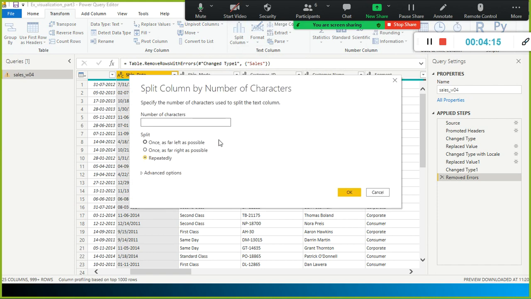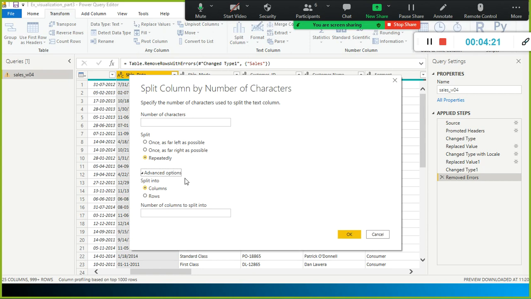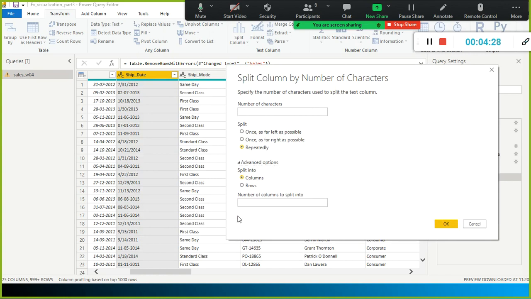Okay, once as far left as possible, once as far right as possible, repeatedly. Columns, or you want to split into columns or rows, number of columns to split into. Okay, how many columns you want to create. And here, in this case, we already have the delimiter.